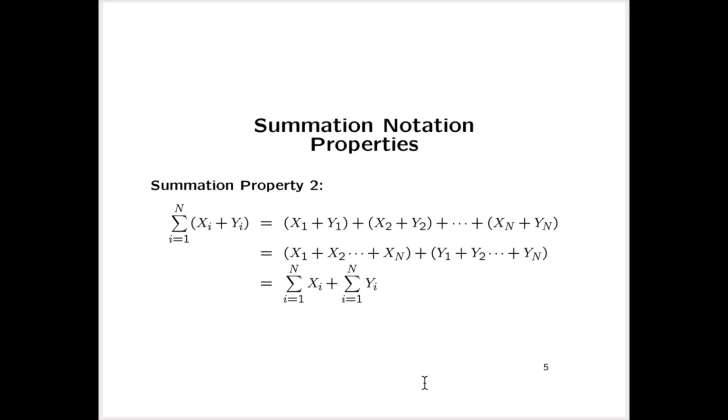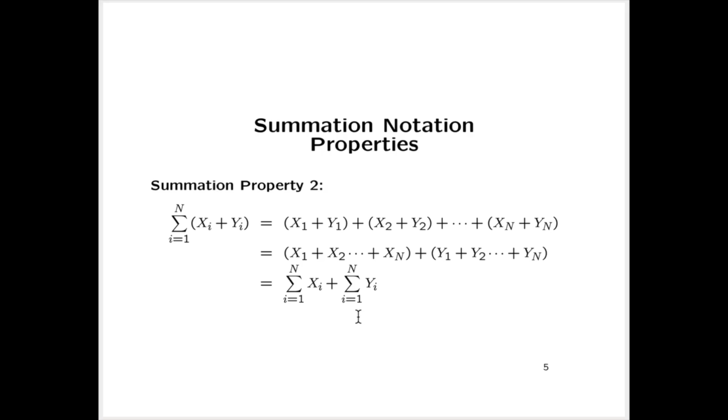Okay, property 2 looks like this. If you'll remember back to your algebra days, whenever you have a sum of two terms, that sum is called a binomial. And so here we have a summation, i going from 1 to cap N, of a collection of binomials. And what this is saying, if we skip past the justification here and go to the very last statement, is that the summation of binomial terms is a binomial of the summations